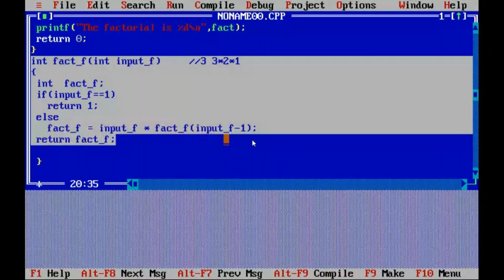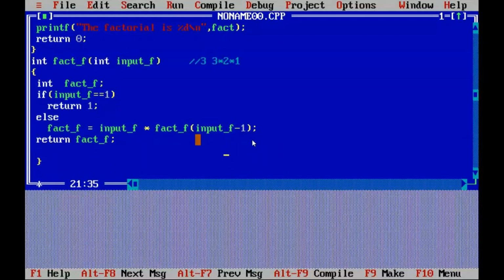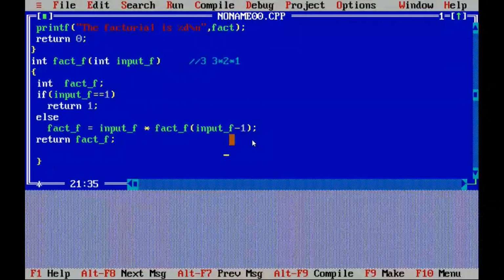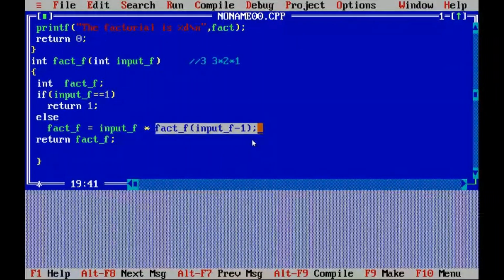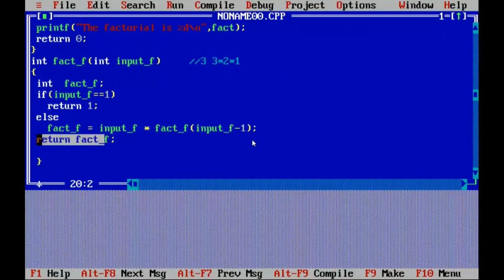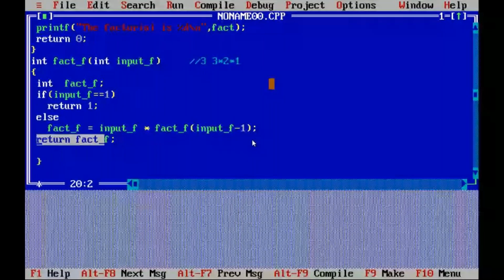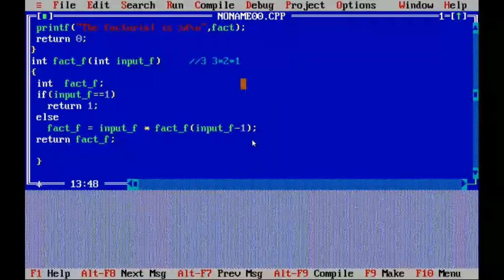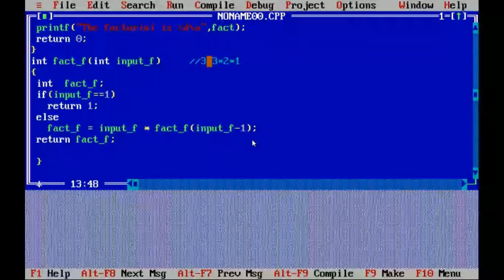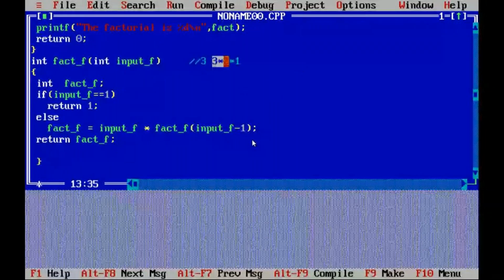That is, within this fact_f input_f of minus 1, again one more function call will be there. Within that function, this return will be returning the value here. And so when running the first with value 3, you see it here, 3,